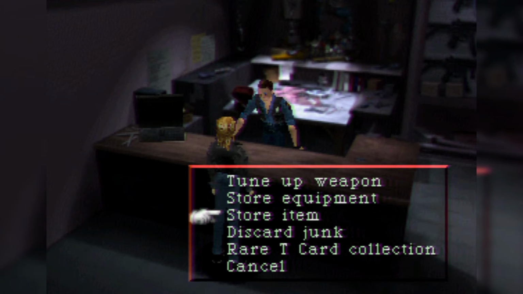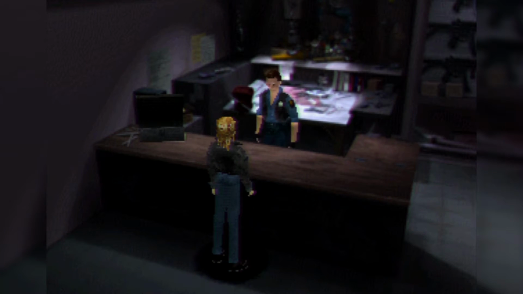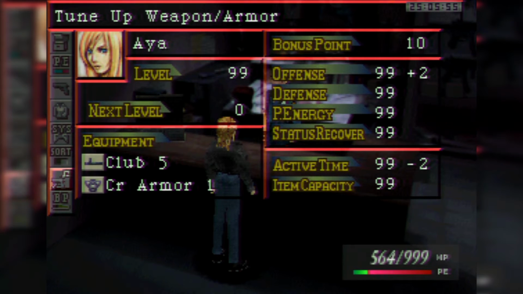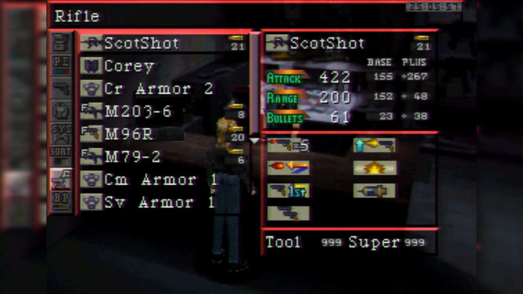So, now that we've done that, let's make some tune-ups, shall we? Let's see. The first thing we want to do is get out of this screen. And then we're going to start making some tune-ups. So I'll go to the